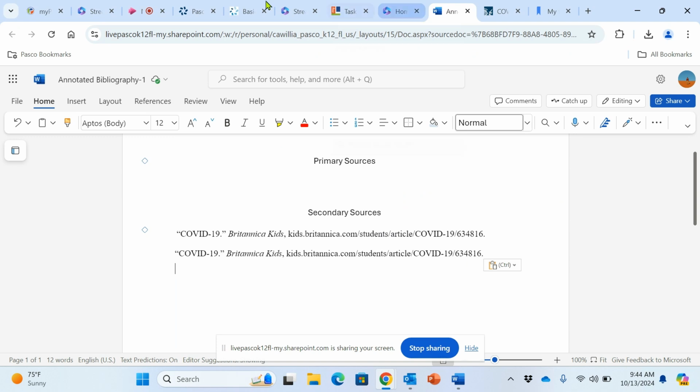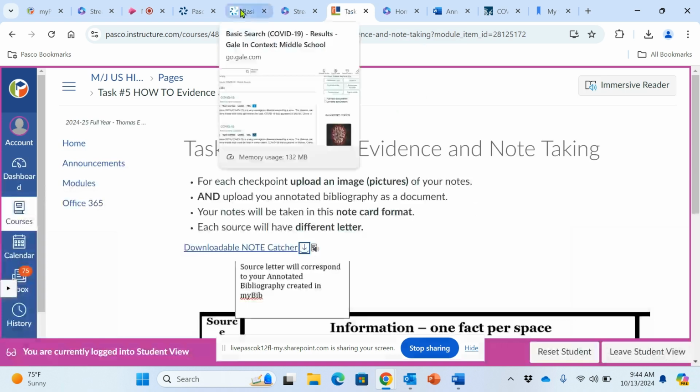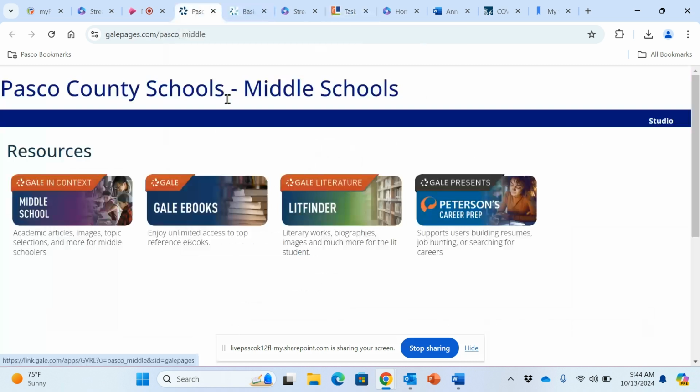All right, so now I'm going to go back, right, to my note catchers. Again, I'm going to show you a different example because that's my A source. I've gathered information from my A source, but now I'm going to pull up a different source of information for you guys to look at. So we've looked at that. Now we're going to look at Gale in Context. So on the My Passcode School, if you go to the one that looks like this, Gale in Context, if you pull that up,